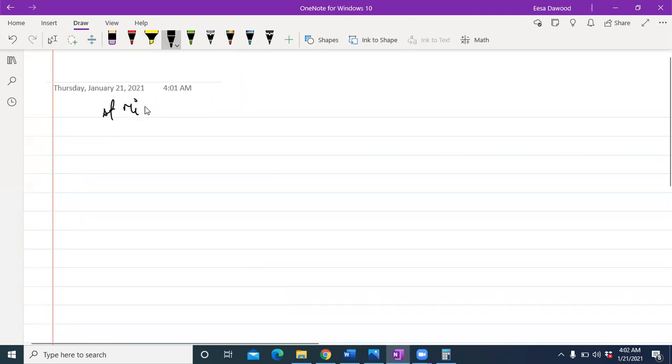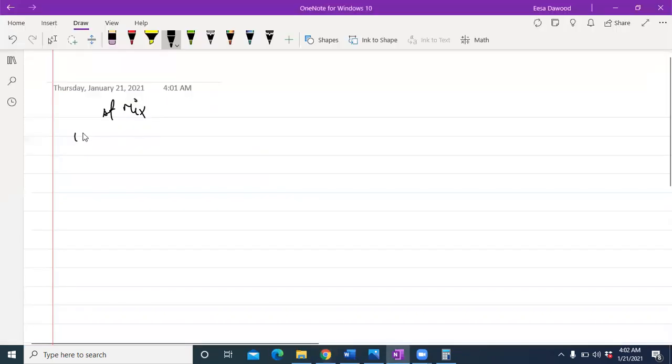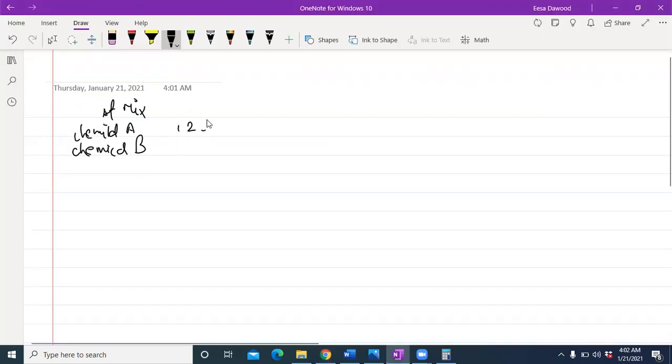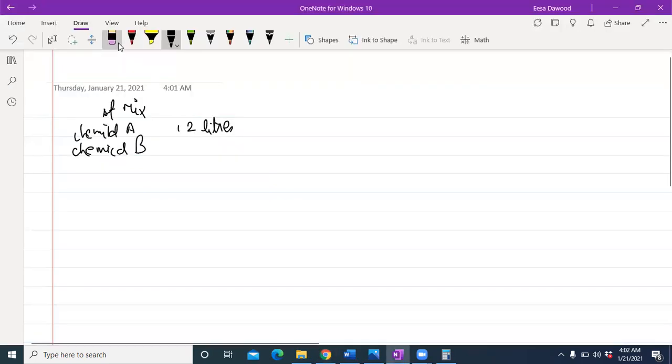The standard mix is telling me that to produce 19 liters of product X, I need to input 8 liters of chemical A. So this product is made up of two chemicals, chemical A and chemical B, and those are interchangeable. I require 12 liters of chemical B and 8 liters of chemical A.